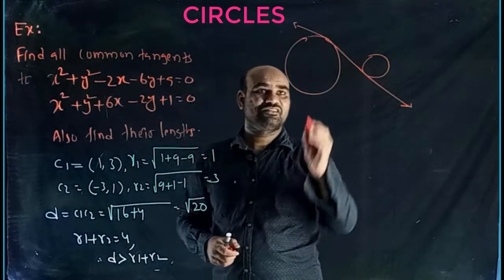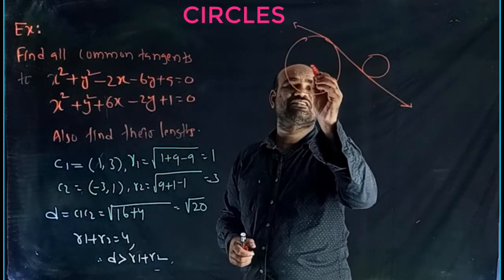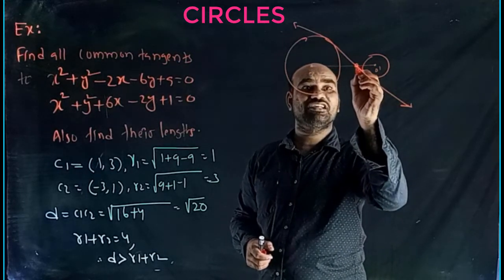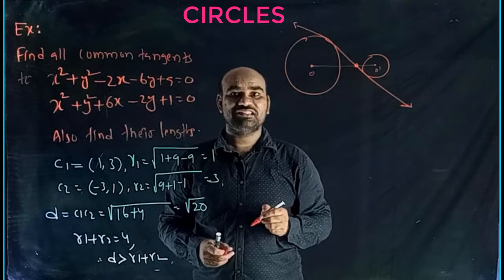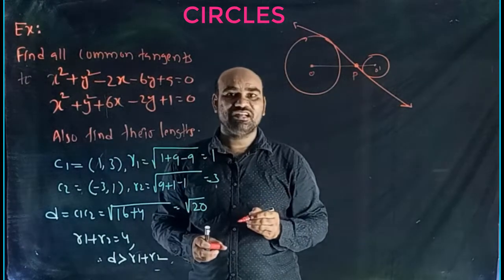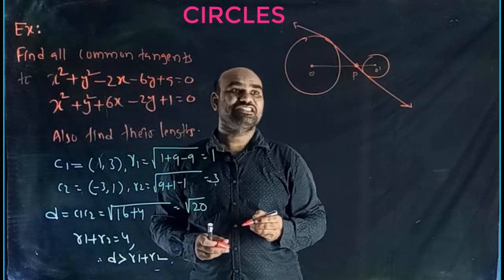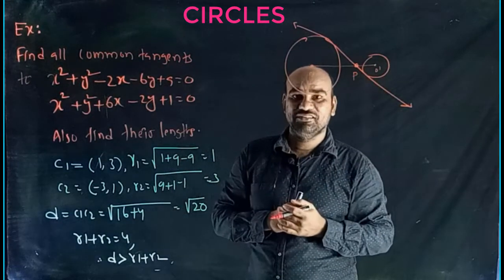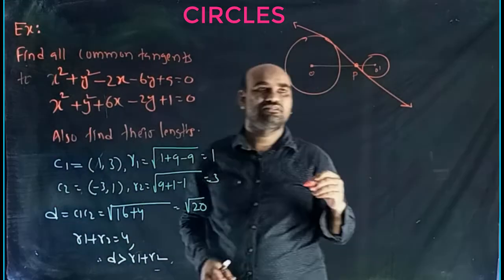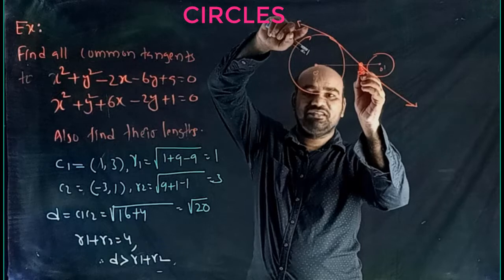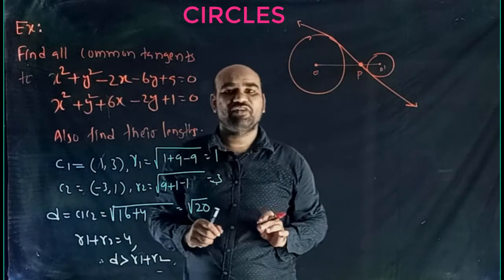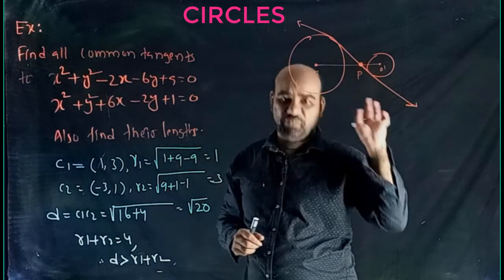This is the center of the first circle, say O. The center of the second one is O dash. What is this point called? The internal center of similitude, say P. Already proved: the internal center of similitude divides the line segment joining the centers in the ratio of their radii. By using that concept, you can find the coordinates of P. After finding point P, we can find the equation of the line L. So first of all, our plan is to find the coordinates of P.